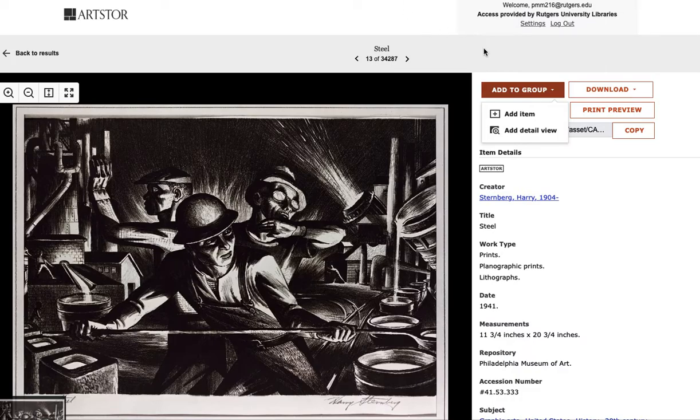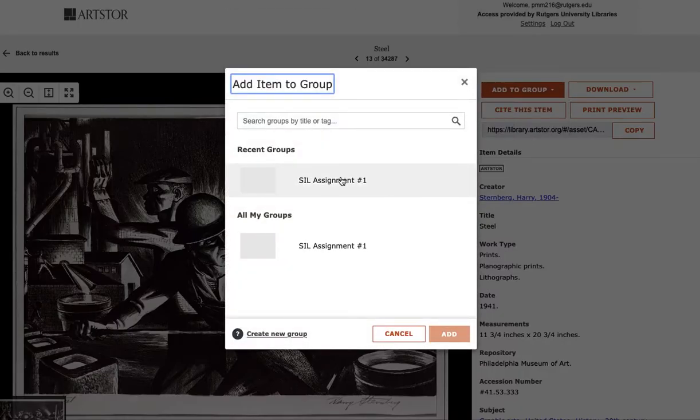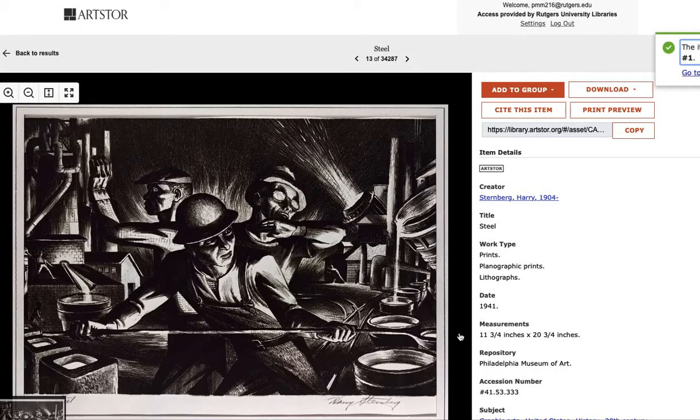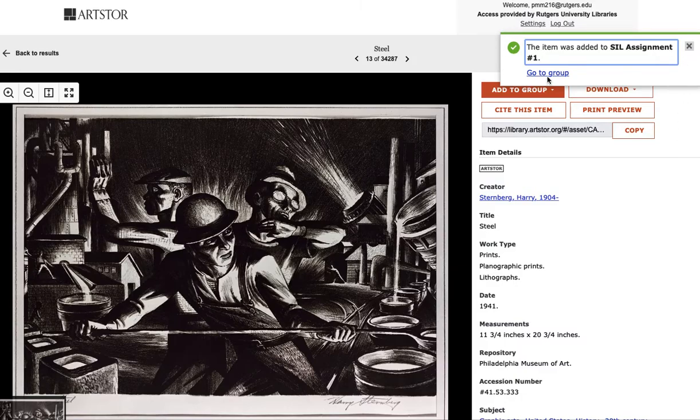So what Mrs. Murphy would do after pulling up this image, which is a print from the 20th century in North America, is add it to a group. So we'll go to add to group, add item. I've got a folder right here, SIL assignment 1, and we'll add it. Go to group,